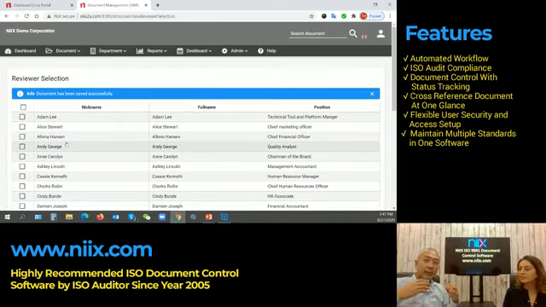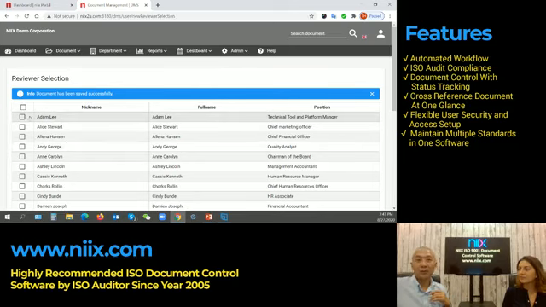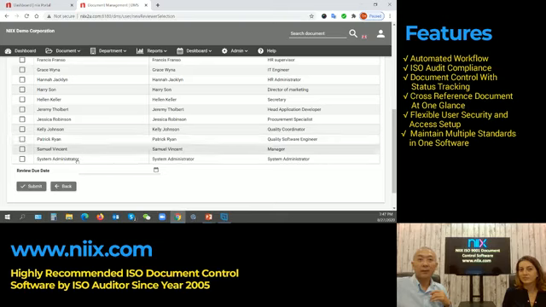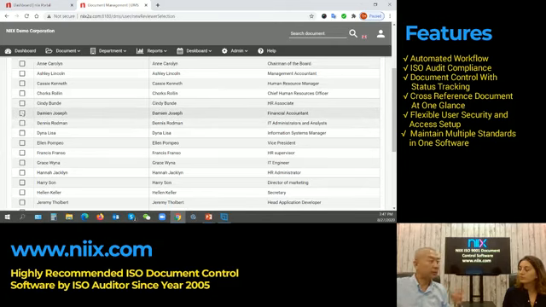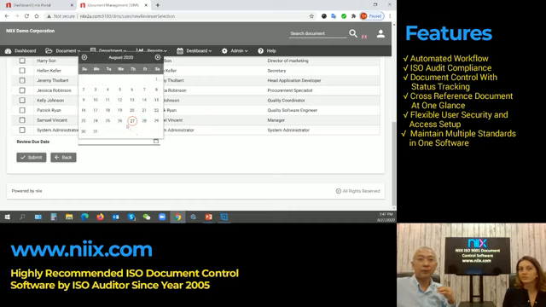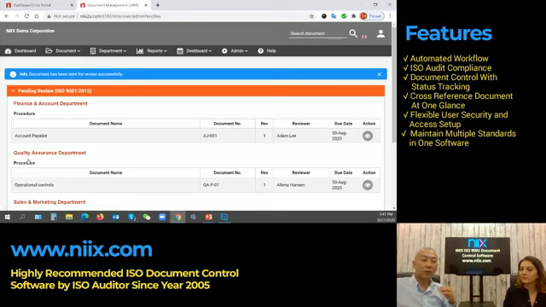And for the next steps, you can see that the system leads you to the next page, to select the reviewer who is supposed to review the document. Okay. So perhaps just like item B here. If the document is supposed to be reviewed by more than one reviewer, you just select them at the same time. Once it's done, you select the review due date if you need to. Okay, and submit. Once the document has been submitted, the system automatically sends an email notification to the reviewer, as we mentioned earlier.